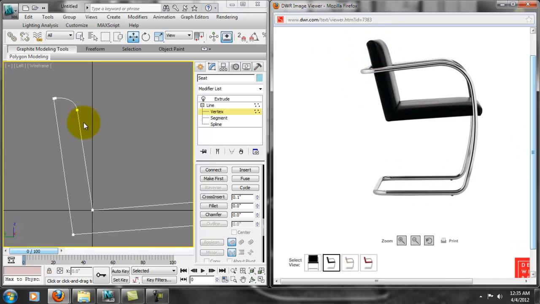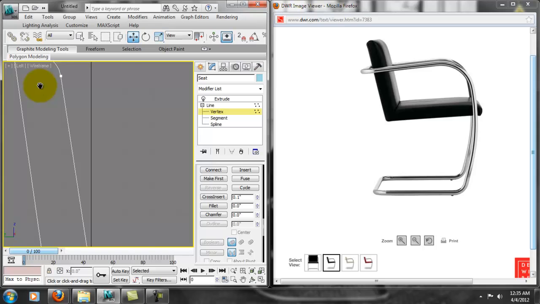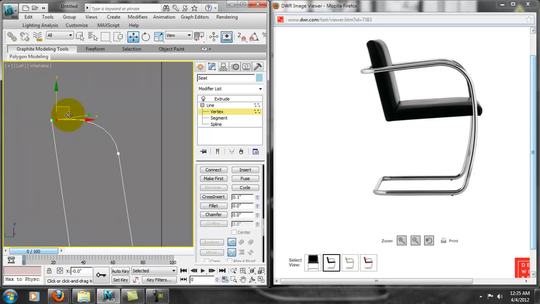Okay, so we can see that this comes up more at a point here. So this point needs to actually move over. Okay. It's a little rough there, so I'm going to come up here